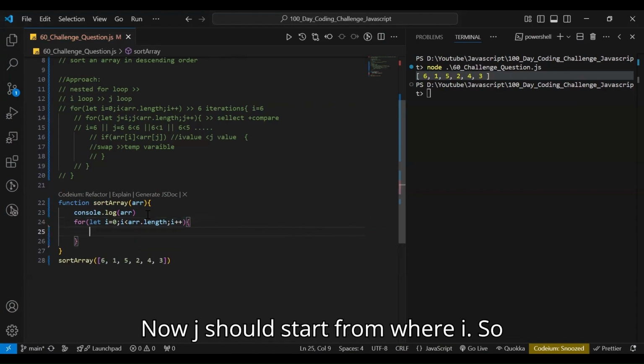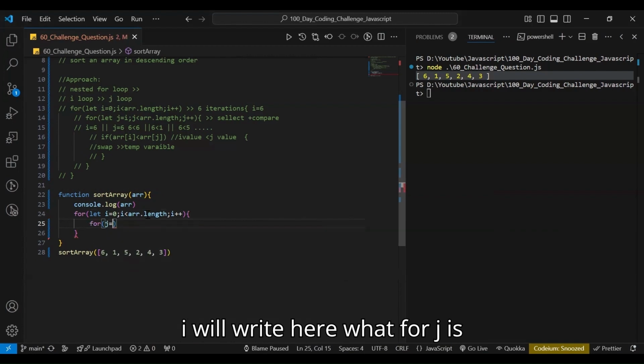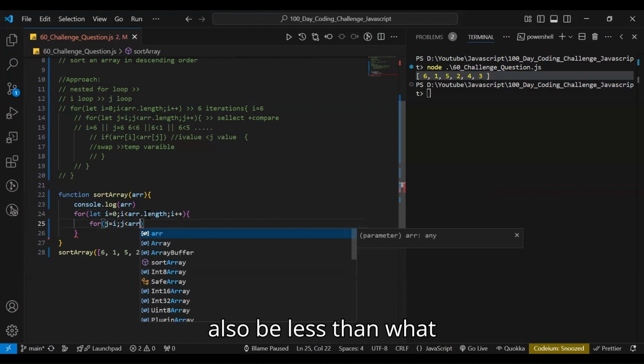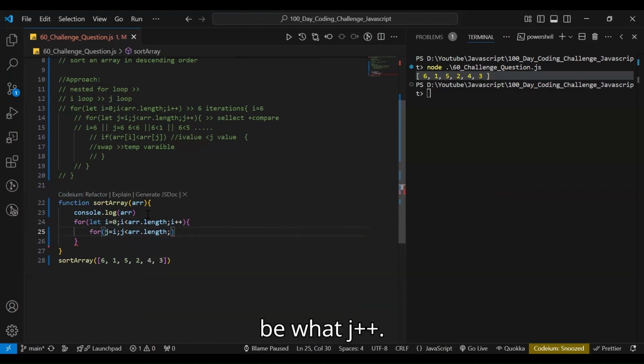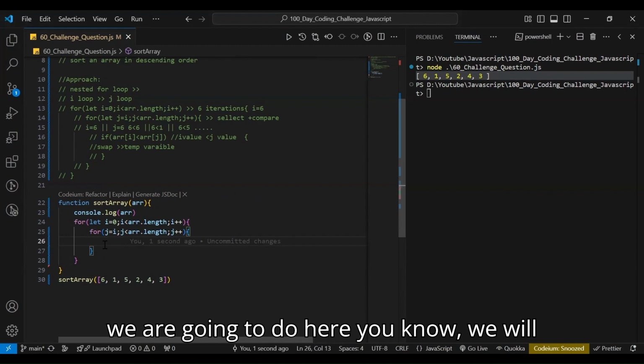Now j should start from where? From i, right? So I will write for (let j = i; j < arr.length; j++), and then j plus plus, okay? So before writing our if condition, what we are going to do here,